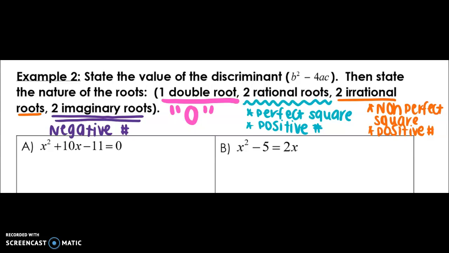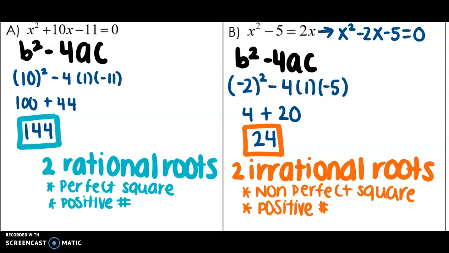So what I would like you to do is please try these 4 examples on your own. So hit pause and come back to check out the answers. Let's take a look at example A. Notice that the quadratic function is in standard form, so we can quickly find the discriminant. The discriminant here becomes 144. Since it is a perfect square and a positive number, we would describe the nature of the roots as 2